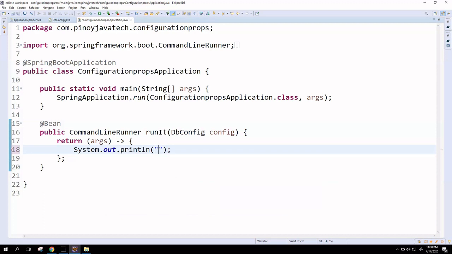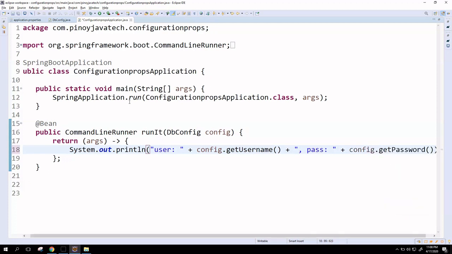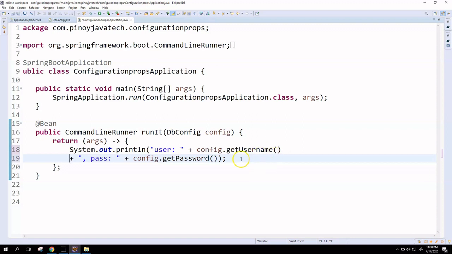So user, and then config.getUsername. And then next, pass, and config.getPassword. Okay, let's put it on a new line so it's easy to read. Okay, so now that we have it,